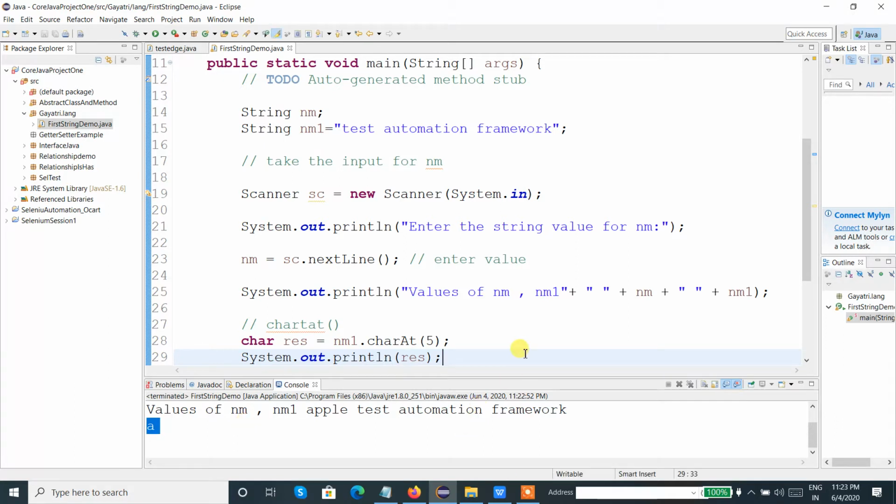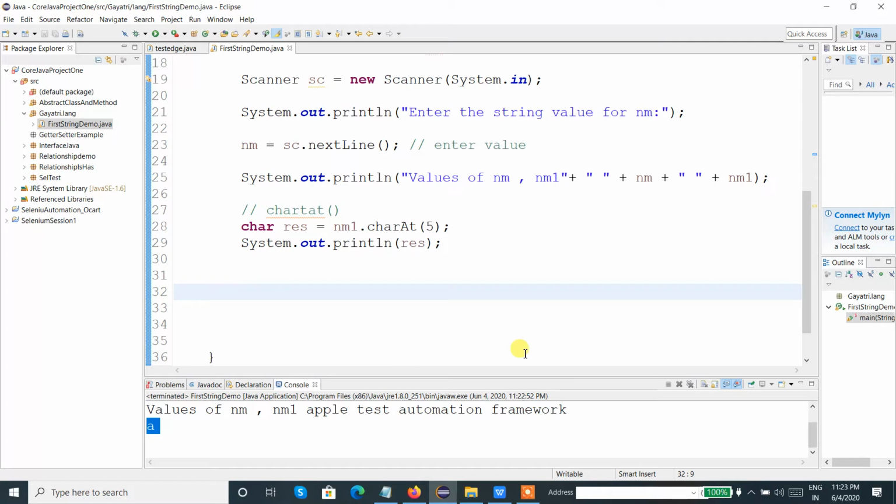So we just understood the job of the charAt method in String. If somebody asks to fetch the 20th or 19th character, and the string is very huge with many characters, you can use the charAt method to extract the character from any position with respect to the index number. Here 5 refers to the index number of the particular character present in the string. With respect to the index, it extracts the character. That is the job of charAt.